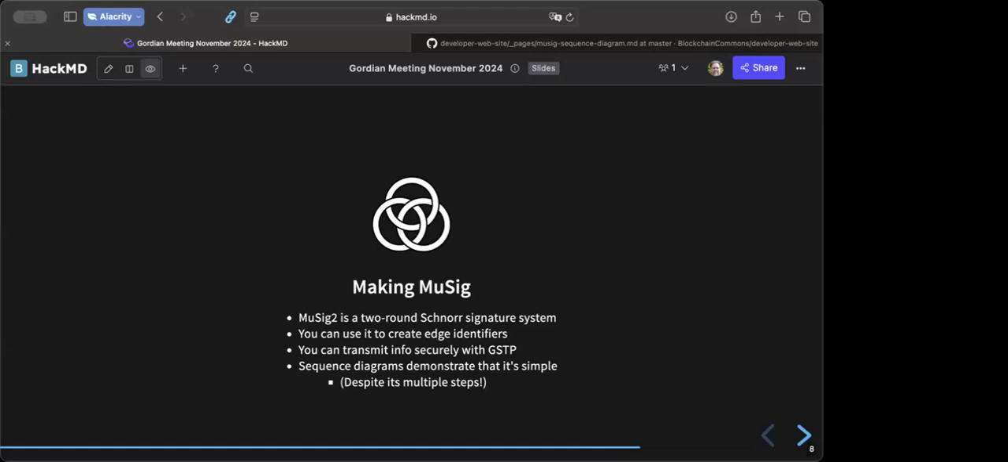MuSig 2 is probably the most mature of the emerging group protocols. MuSig 2 is a two-round Schnorr signature system. It happens to be convenient for us to begin to experiment with edge identifiers. In order to do that, we'd really like to think about how we transmit information securely with GSTP. So I wanted to briefly show a little bit from a Bitcoin-centric perspective, but I